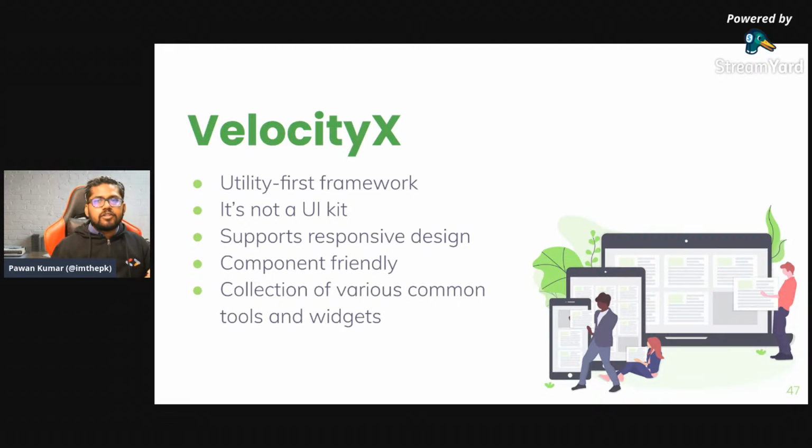It supports responsive design: there are certain widgets or tools which can help you make your designs even more responsive, so that it can support mobile, web, or desktop. It's component friendly, which means even if you already have some component which is not using VX, you can still extend it using VX, so you don't have to change your entire code base. And it has a lot of tools and extension methods which can be very helpful. But if you are just beginning, don't bother about it. This is just for fun.